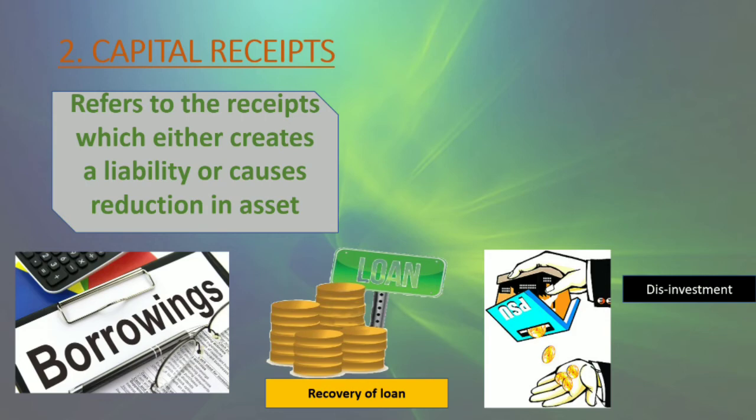Here we get the receipt. Government gets the receipt. Government को money मिलता है. But उसने क्या बेचा? He has sold the shares to the private sector. उसने अपना asset कम किया है. Right? They have reduced their asset. Shares is also a kind of asset. So I can say yes, disinvestment is a capital receipt because there is a reduction in asset, the sale of asset.